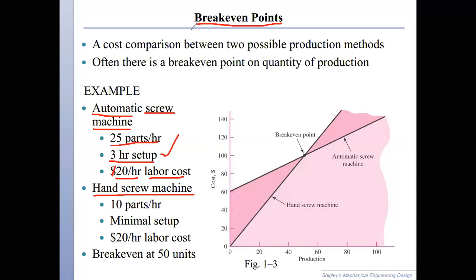On this side अगर आप देखें तो ये हमारा cost है, और इस साइड पे we have the production. ठीक है जी. तो as we said, सबसे पहले हम ये automatic process को लेते हैं. ठीक है जी. तो automatic process में क्या है कि we make 25 parts per hour, लेकिन first 3 hours में कुछ भी नहीं बनता, ठीक है जी। लेकिन labor cost तो होगा आपके first 3 hours में, तो आपकी cost क्या आएगी, zero production होगी 20, 40 and 60। तो यहाँ से आप शुरू करेंगे when we are using automatic